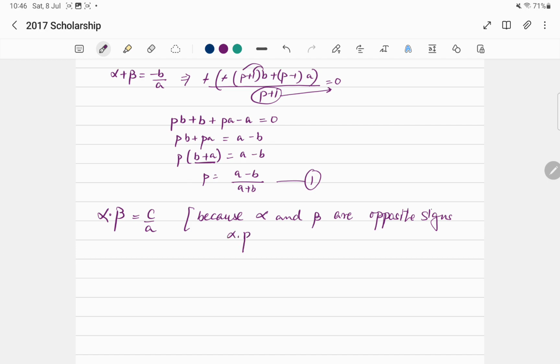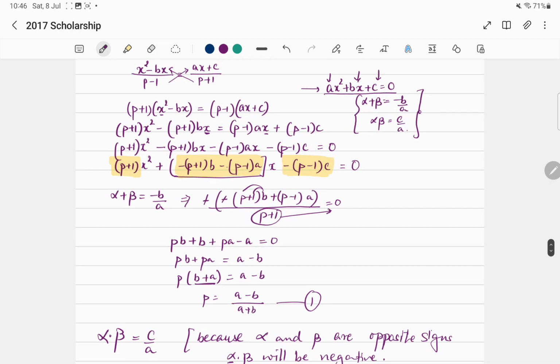So alpha times beta will be negative. Because if, let us suppose that is alpha, this is minus beta, so that's going to give us minus alpha beta, which will be less than 0, right? So in that case, alpha times beta is less than 0, so C over A is also less than 0,